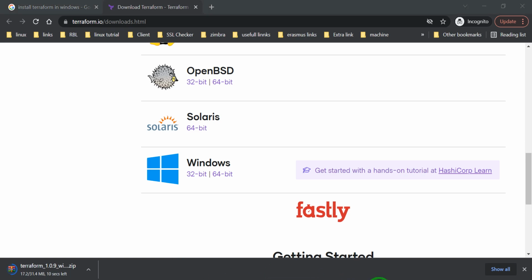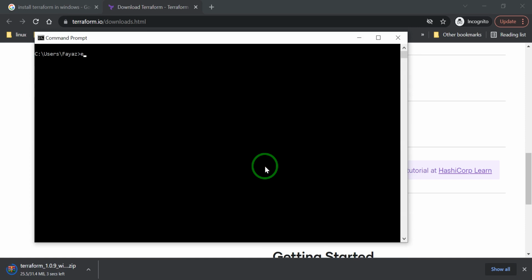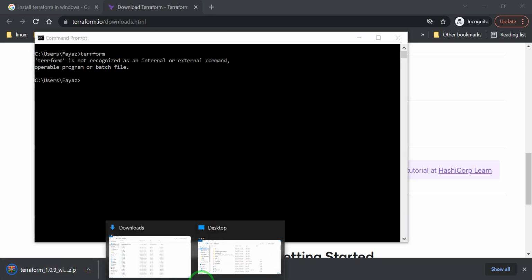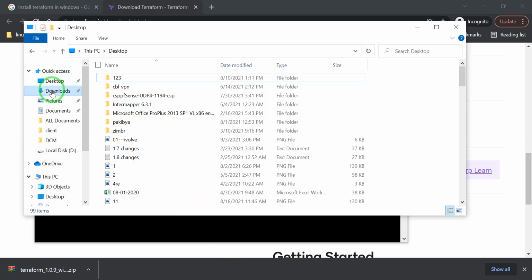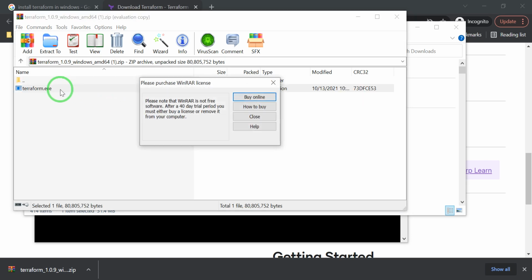Right now I don't have the Terraform command on my PC, so it's not recognized. Let's go to the download option. It's downloaded here, so then I will extract this exe file.